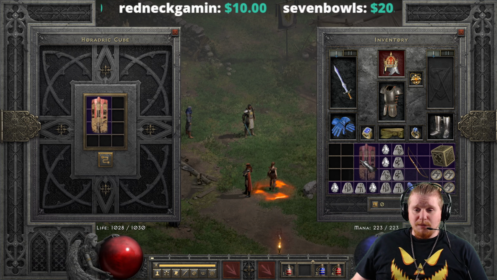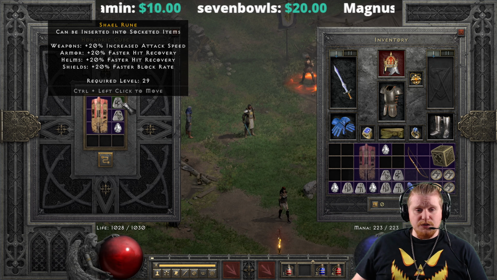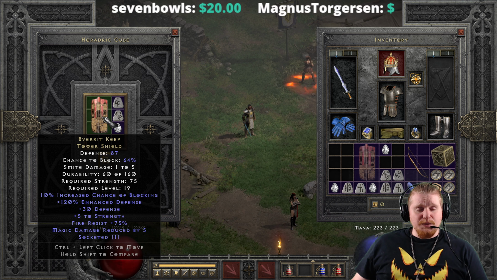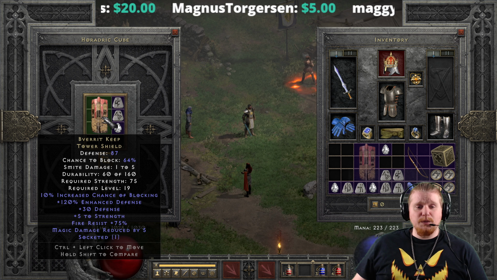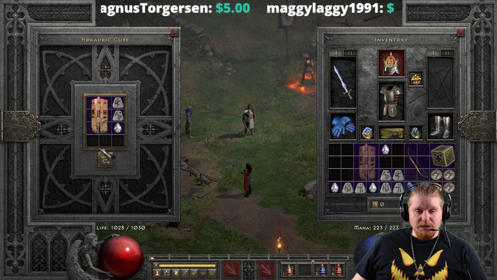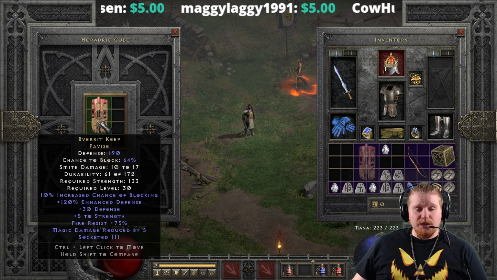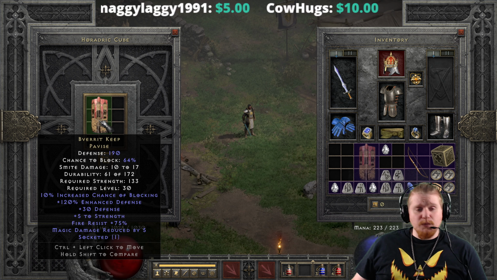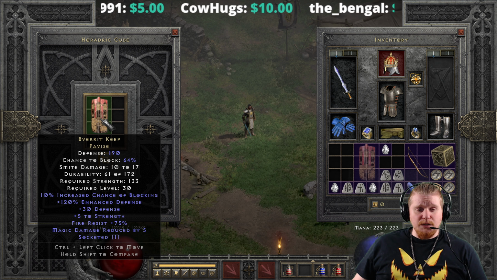Now, what happens when we upgrade it? Let's explore, shall we? To upgrade it, you're going to need a shael, a tal, and a perfect diamond. And it's going to go from the Bverrit's Keep Tower Shield, 87 defense, 64% chance to block, 1 to 5 smite damage, 160 durability, 75 strength, level 19, to the Bverrit's Keep Pavis, 190 defense, 64 chance to block, 10 to 17 smite damage, 172 durability, 133 strength,